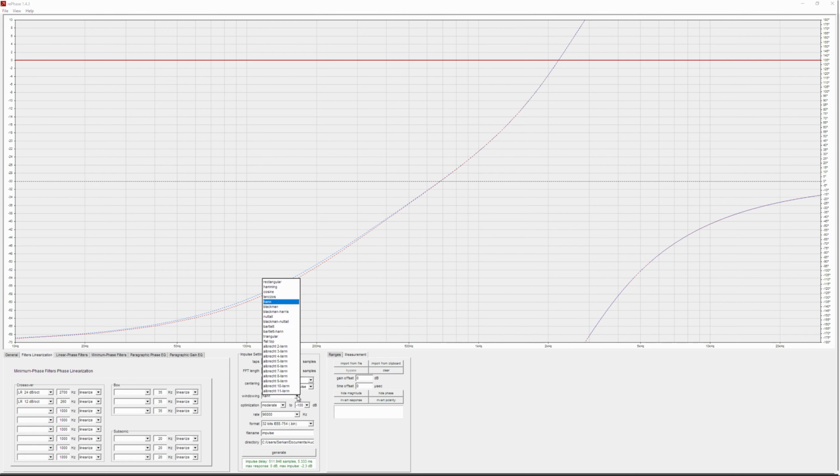And if I use, for example, rectangular windowing and generate, as you see, it's even better now. It's almost perfect. And with rectangular, you can go down to even 512. Well, it's a little bit less, and you can always stop the optimization. If you click the stop button, it will stop at the best that it found until that point. Then you can use maybe energy centering for rectangular. No, look, I'm gonna now stop because it's not improving.